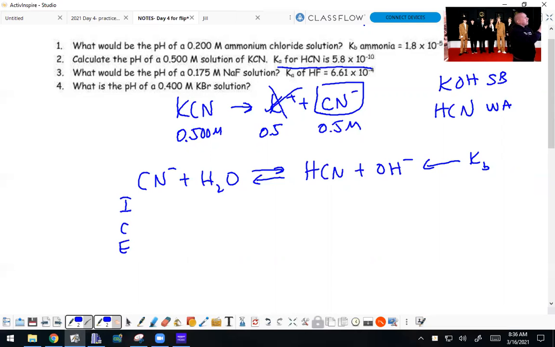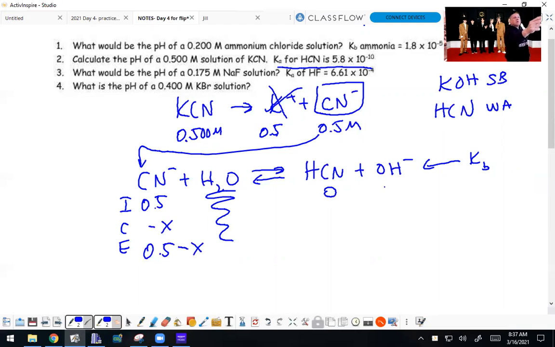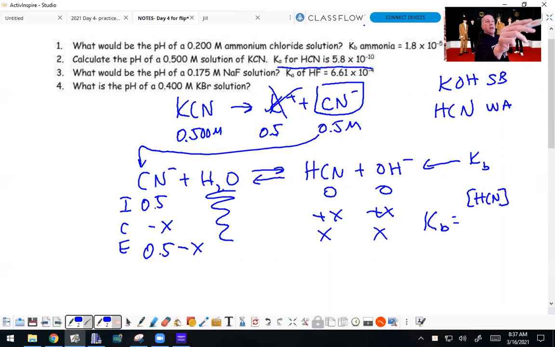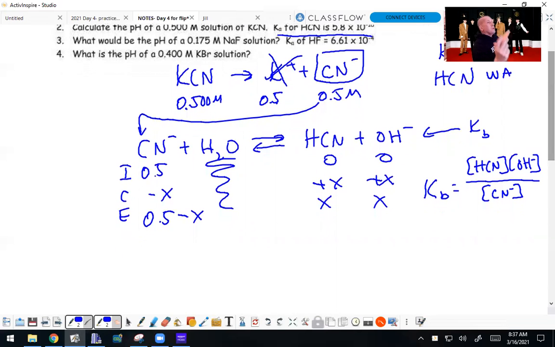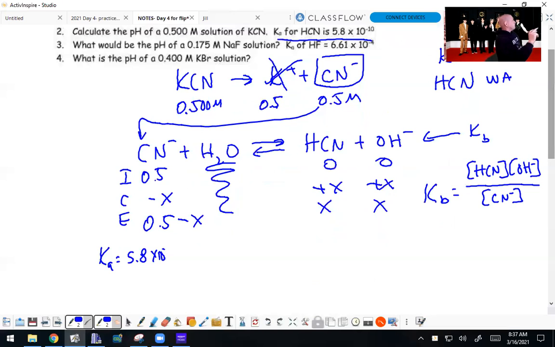Ice chart. Ignore water. Carry down the concentration of 0.5. It's always minus X, 0 and 0, plus X, X and X. We need to write the Kb expression. The Kb because we have hydroxides. When you have a hydronium, you have a Ka. Very repetitive to these. Now, there's a lot of parts to it, but they're very repetitive as you do more and more of them. Okay, so now we have a Ka. The Ka, according to the reaction up there, is 5.8 times 10 to the minus 10. So we need Kw equals